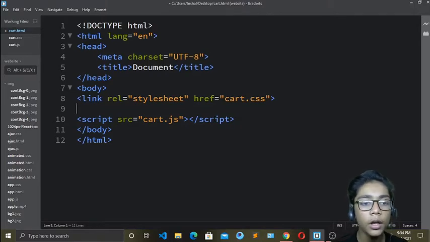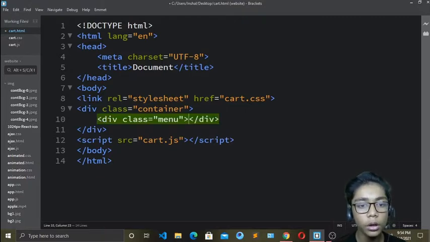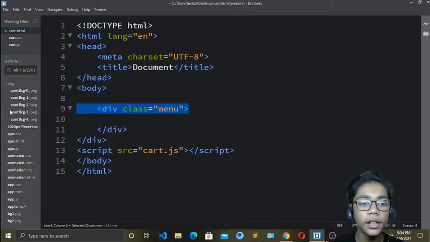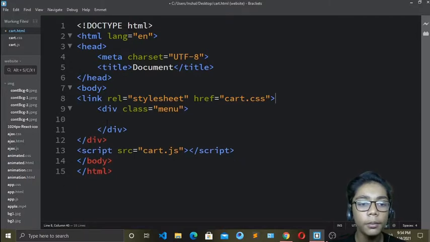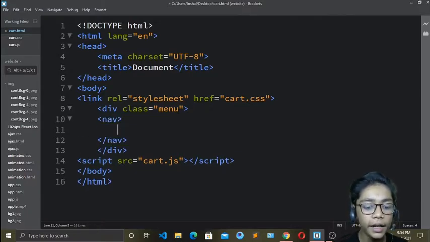Now I will add div.container, and underneath that write div.menu. When you have done that, erase this container one, so press Ctrl+Z and erase this container from here, and also erase this closing div. Then write the nav tag, and in that I will define my UL.